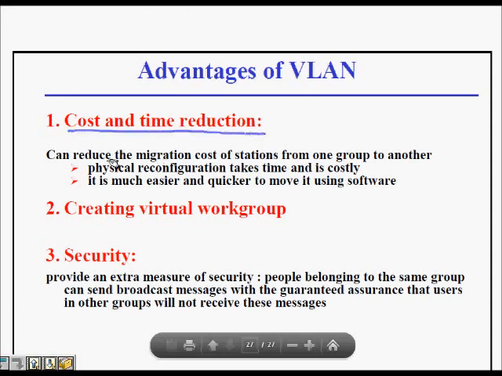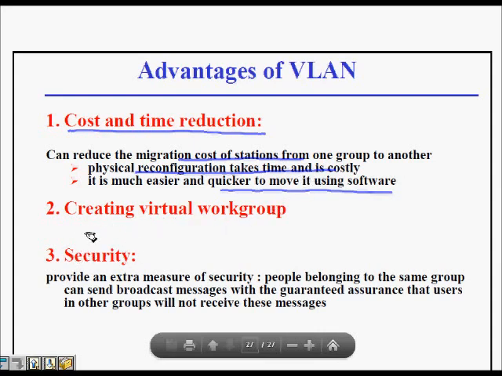You are not physically moving the wires; I only program that port 5 now goes from VLAN 1 to VLAN 3, and so on. It can reduce the migration cost of stations from one group to another. Physical reconfiguration takes time and is very costly. It is much easier and quicker to move using software.